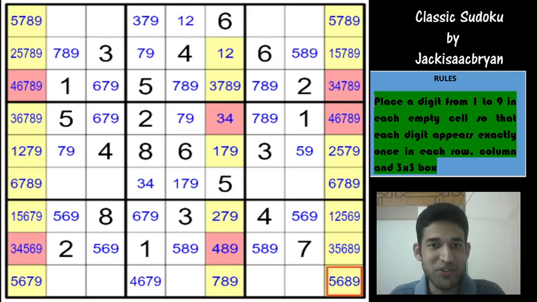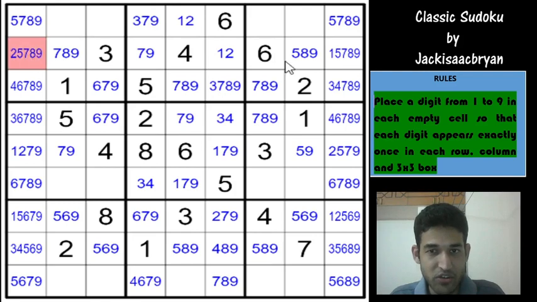It's going to continue. We are going to use swordfish on 5. Amazing, right? Superb. Really, to have that many Sudoku swordfishes in a Sudoku is not easy. So 5 is in one of these 3 cells, and 5 is in one of these 2 cells, and 5 is in